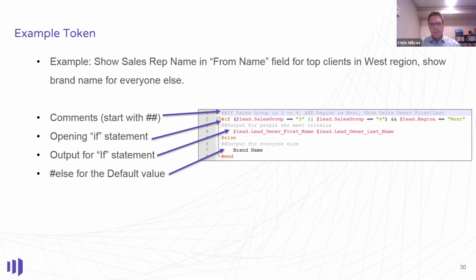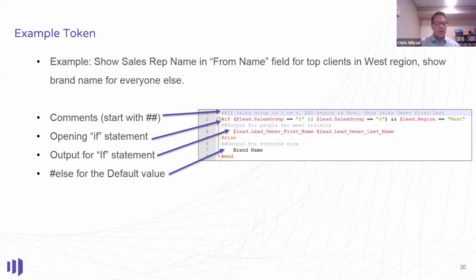So this is a really simple way of, if you think about trying to achieve this type of personalization with dynamic content in Marketo, it'd be a huge pain, because you'd have to have either a separate program for people in the West, or you'd have to make a segment of top sales owners in the West and then reference that in your from name to show it that way. But it's just not going to quite work as easily as it is to literally write 2 lines of code of they're in sales group 3 or 4 and they're in the West, show this first name,